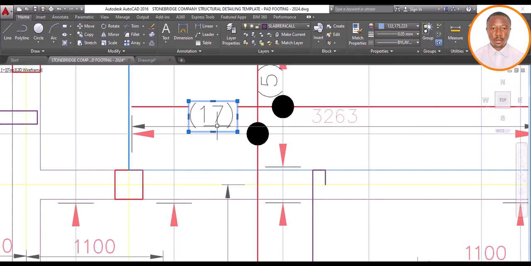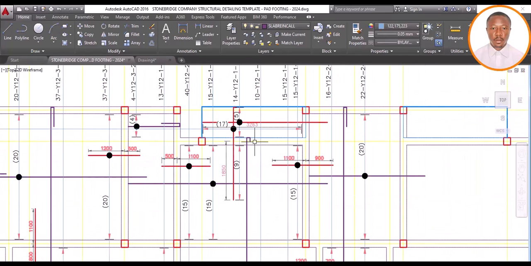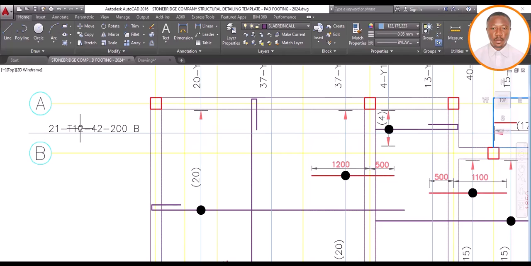Good. So remove this. So I remove that. So this is it. So we now have 17. It's 17 top. Not 21 this time around. 17. Then